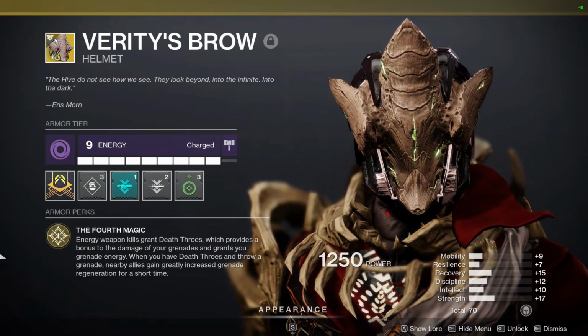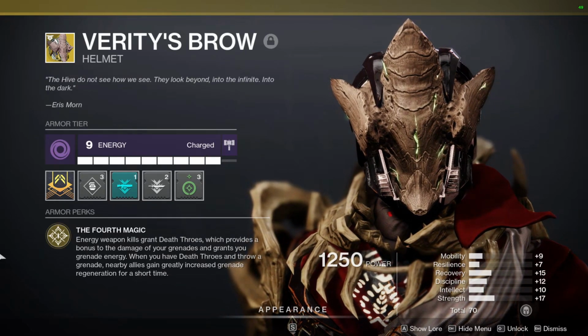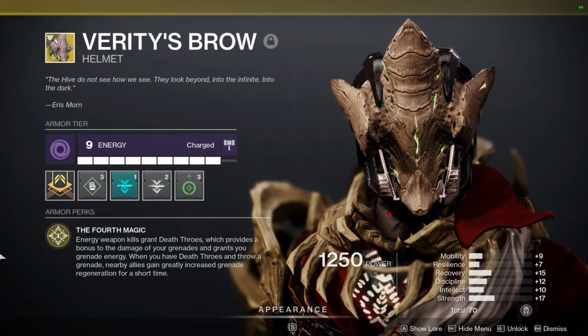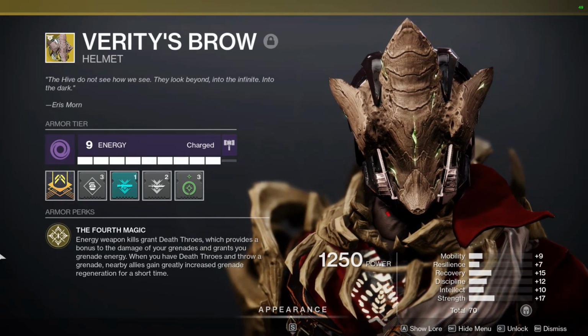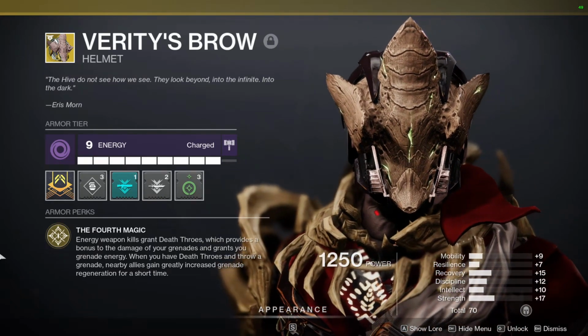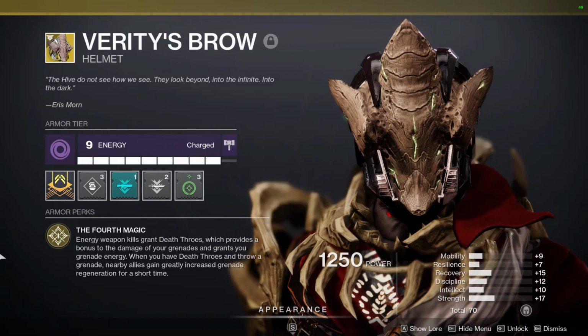That's more for solo play. If you're playing by yourself, I highly recommend using Nezarec Sin because you're not really going to take advantage of the full part of this exotic right here. Verity's Brow gives your teammates an insanely fast grenade regeneration rate, and I think that plays in hand very nicely